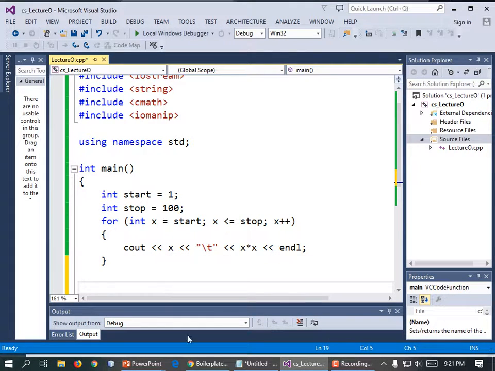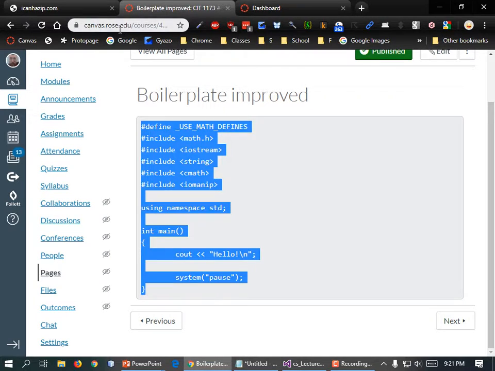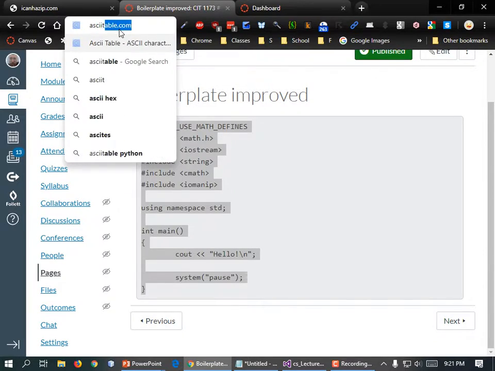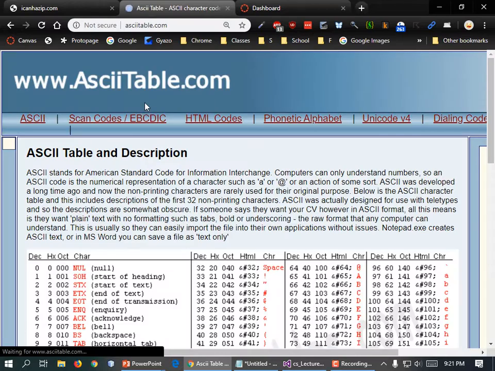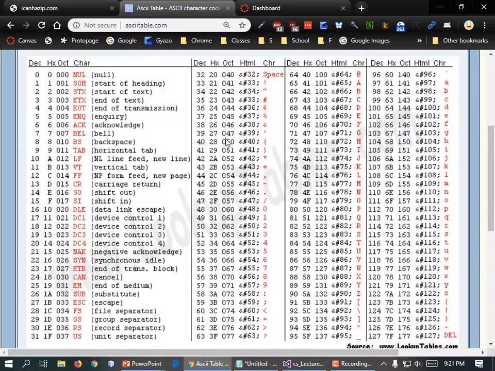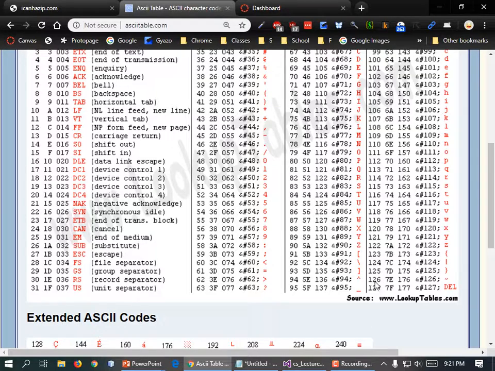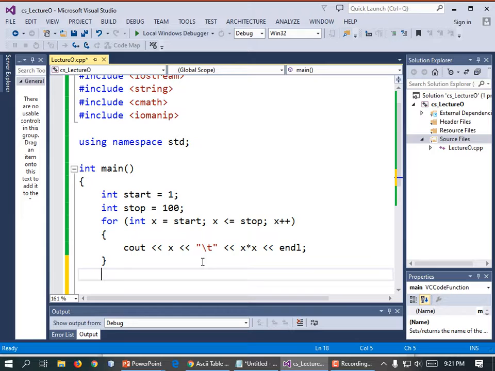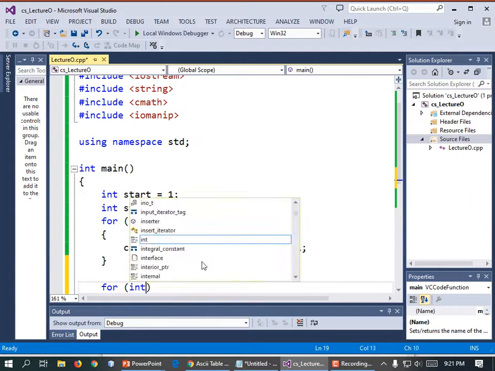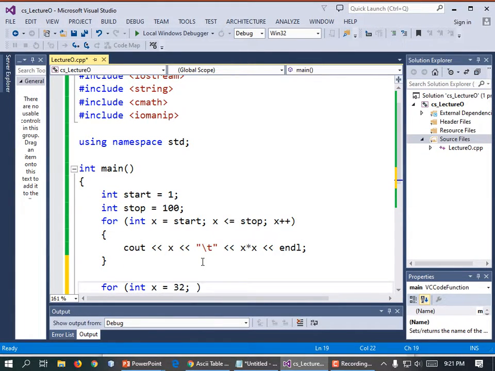All right, let's do something else. Let's count a variable through the ASCII table. So let's start our ASCII past all these control characters. Let's start it at 32 and keep going until 126. So for int x equals 32, semicolon, x less than or equal to 126, semicolon, x plus plus,